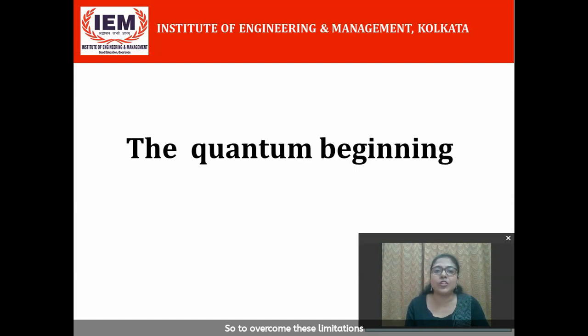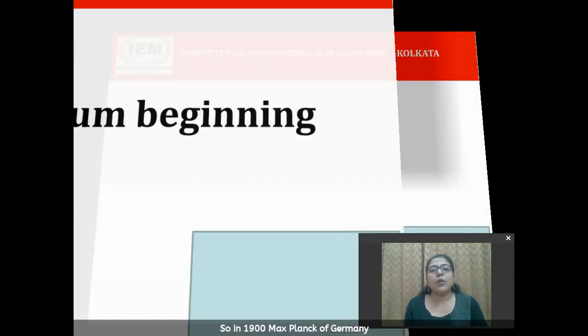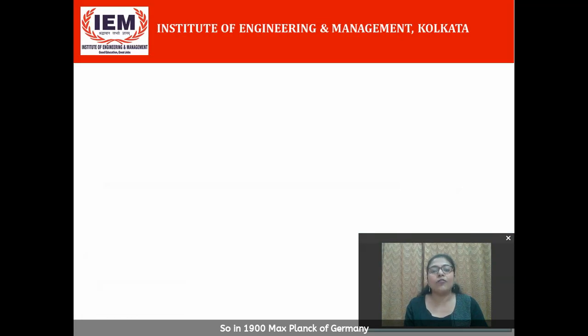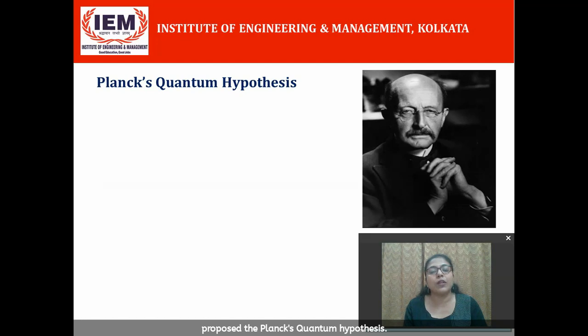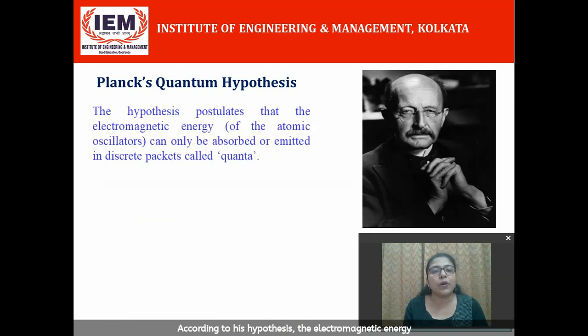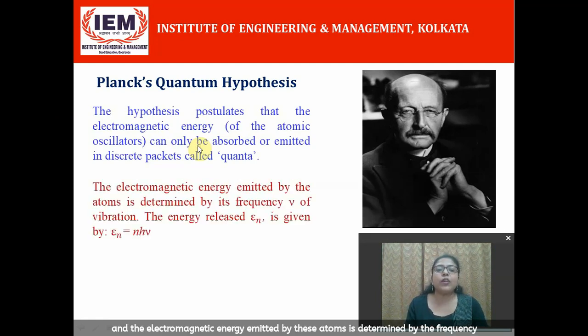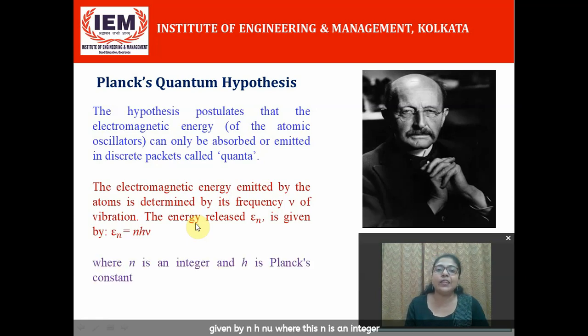So to overcome these limitations and to explain the blackbody spectrum, Max Planck brought in a revolutionary concept in the theory of physics. In 1900, Max Planck of Germany proposed the Planck's quantum hypothesis. According to his hypothesis, the electromagnetic energy of the atomic oscillators can only be absorbed or emitted in discrete packets called quanta. The electromagnetic energy emitted by these atoms is determined by the frequency nu of the vibration, and the energy released epsilon n is given by n h nu, where n is an integer and h is